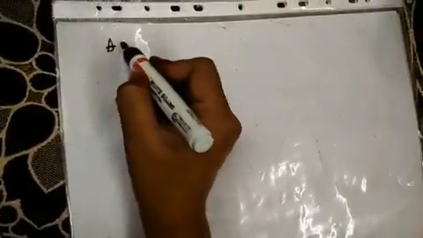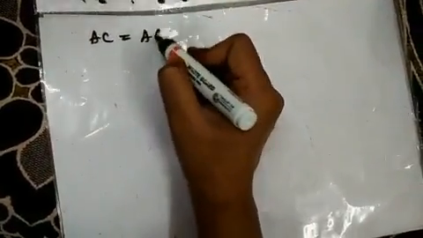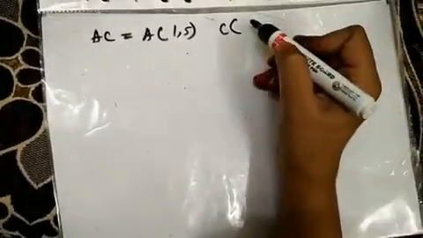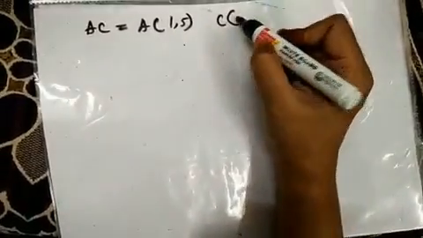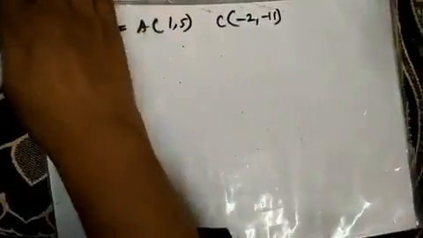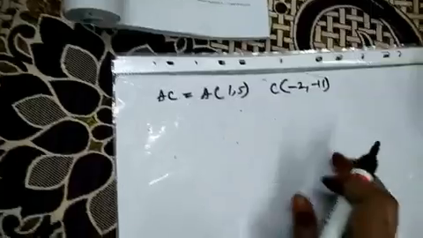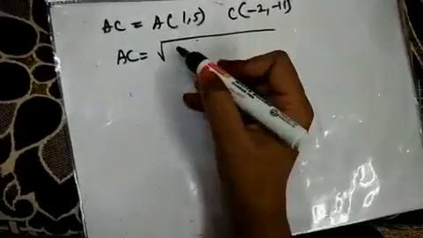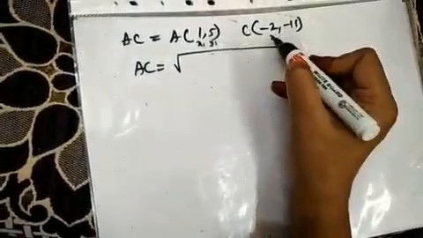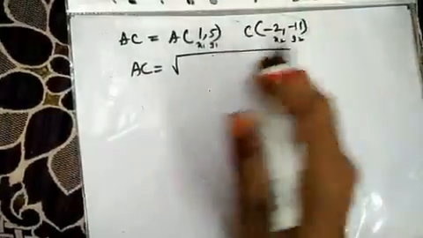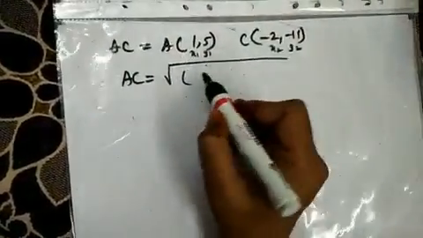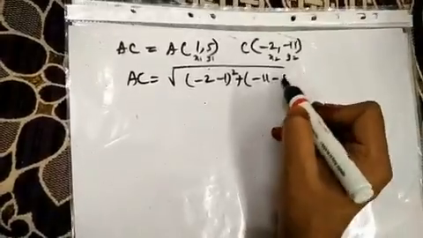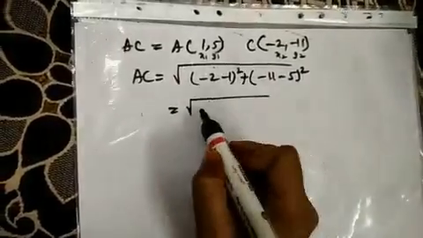Now let us do AC. AC equal to, what is A coordinate? 1 comma 5, and C is how much? C, what's the coordinate? Minus 2 comma minus 11. Okay, yeah, in the reader it is given minus 2 comma minus 11. Now AC is equals to, using distance formula, x2 minus x1 whole square, x1 y1 x2 y2. For every point you have to give names, x1 y1 x2 y2. Okay. Now x2 minus x1 whole square plus y2 minus y1 whole square, and it is equals to minus 3